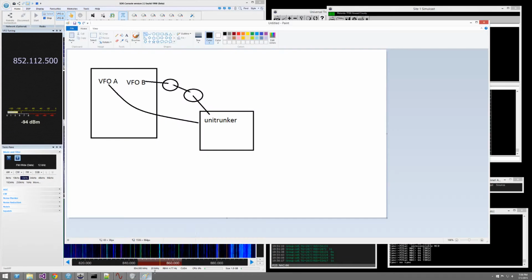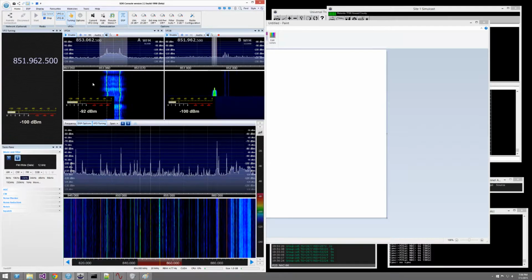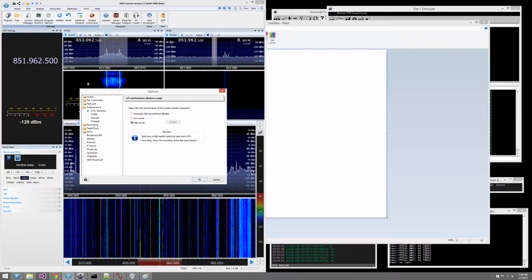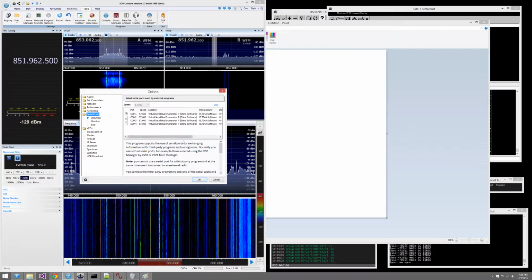So going back to our diagram, this is how this setup should work. There's a problem with this though. Unitrunker speaks a different protocol than what SDR-Radio does. And I have an example of that. How I found this out is if you try to get Unitrunker to talk to SDR-Radio, it will not do it directly. Now if you go into SDR-Radio and go to Tools, Program Options, Serial Ports,